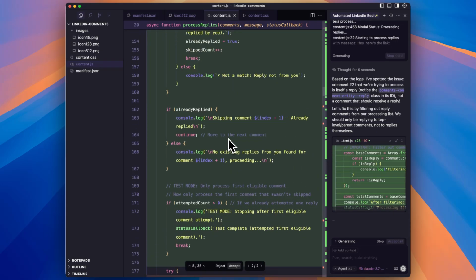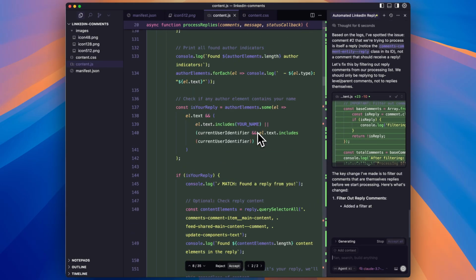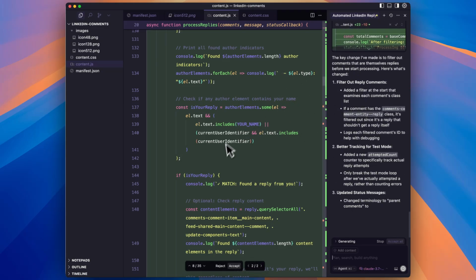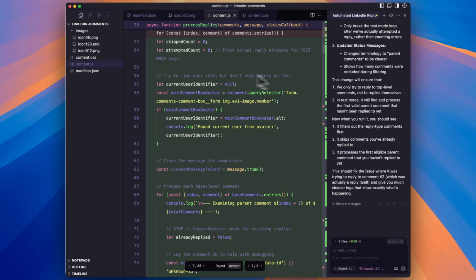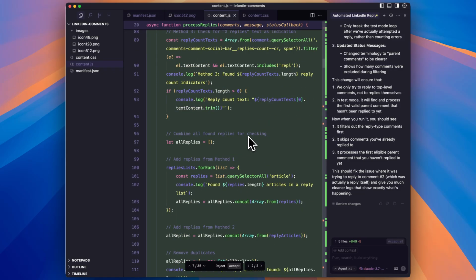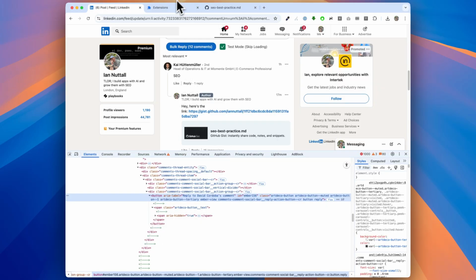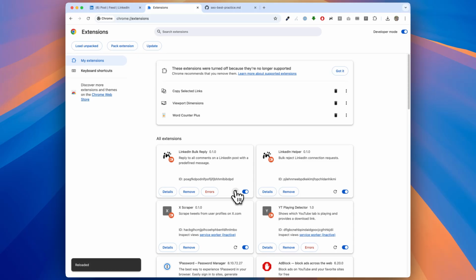Okay, Claude has added a bunch of stuff here to find the correct logging and things. This code is nasty, by the way. Just to say that this code is not great. It's not clean. But we're just trying to do a quick and dirty one to see if we can get something that works.